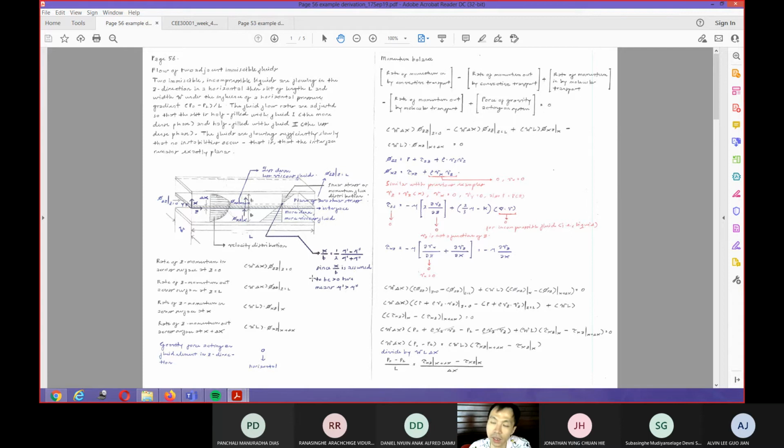Okay, and then the third example, we still use the same cylindrical coordinates, except that this time we use different boundary conditions. And then the last example that we will discuss for momentum transport this afternoon is related to the application of the last boundary condition, where the shear stress and the velocity are continuous across the interface between different liquids. Okay, I hope everything that I have described today is clear to everybody.